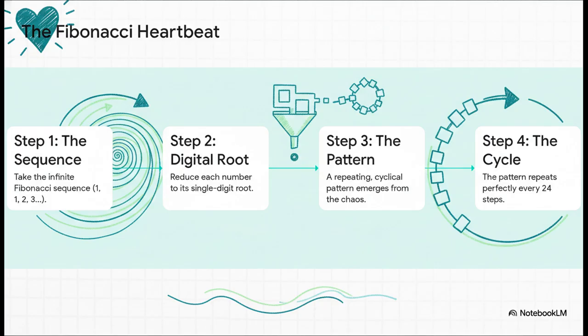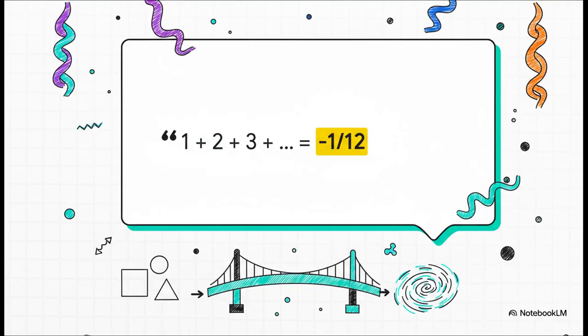All the chaos just vanishes, and this perfect repeating cycle appears. And guess how long that cycle is? You guessed it, exactly 24 steps. This is the system's heartbeat. And you know what? This 24-step cycle echoes one of the absolute weirdest, most mind-bending results in all of